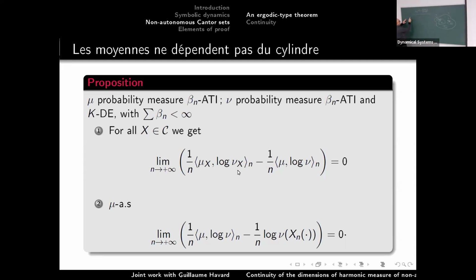So I take the sum of mu of xy over mu of x times log of mu of xy over mu of x, and the sum is over all y's of length n. And the second is over